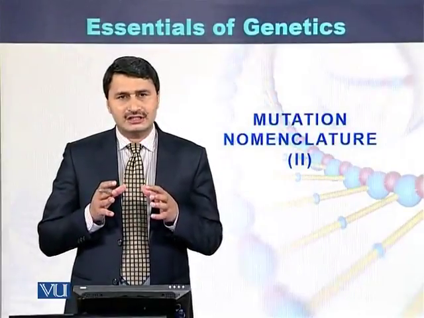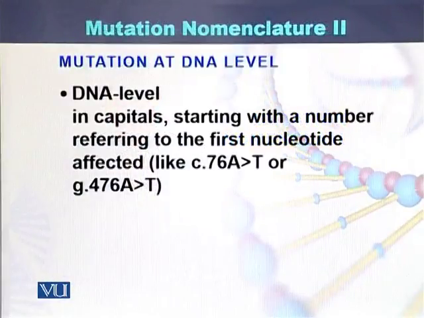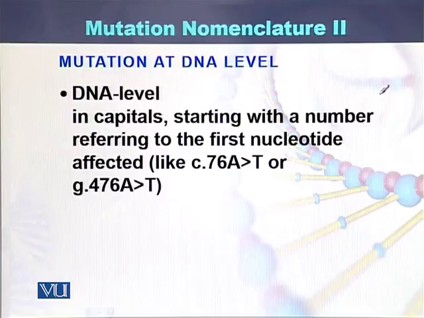Mutation nomenclature, some additional rules. How to write a mutation at the DNA level? At the DNA level, that is usually in the form of coding DNA. It is written as C, let's say